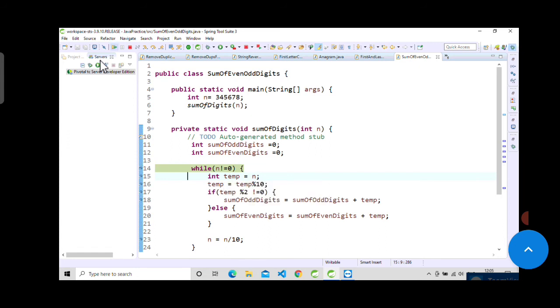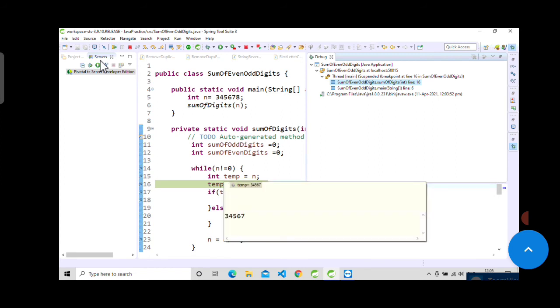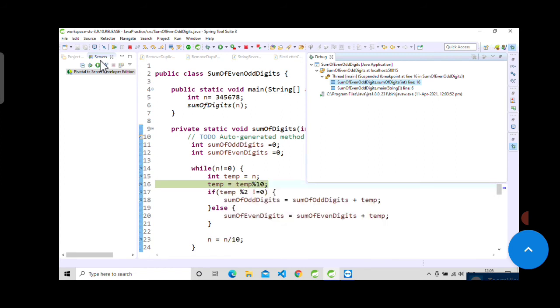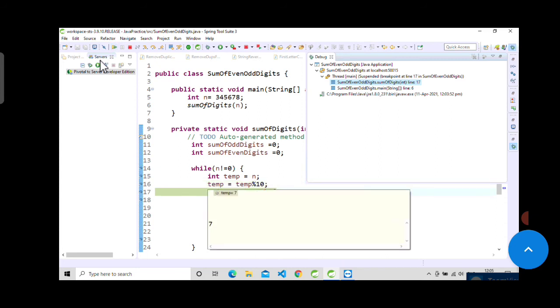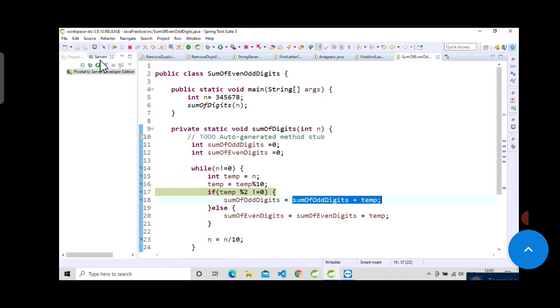If we resume, the temp value is now 34567, and after the mod operation by 10 it will contain the last digit 7. 7 mod 2 is not equal to 0, so it will add in the odd case, as it is an odd number.